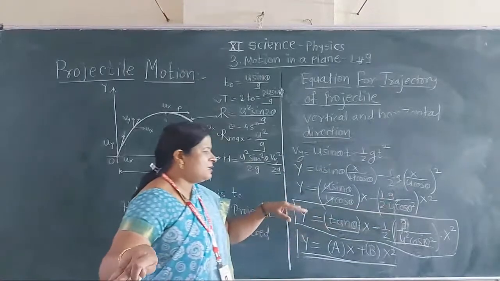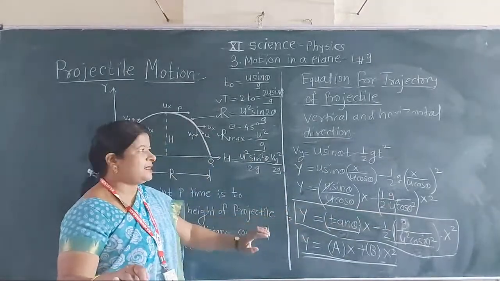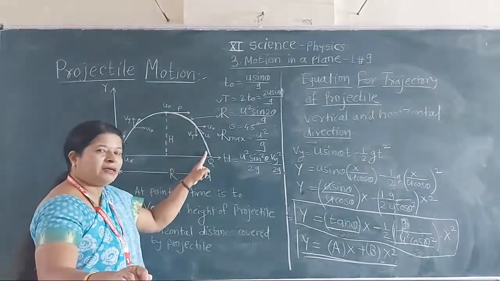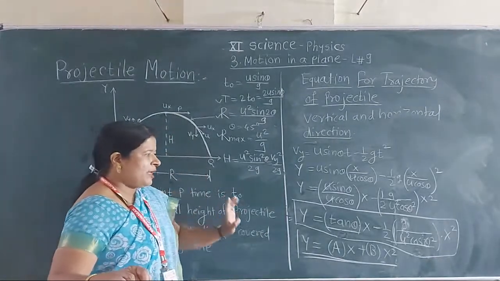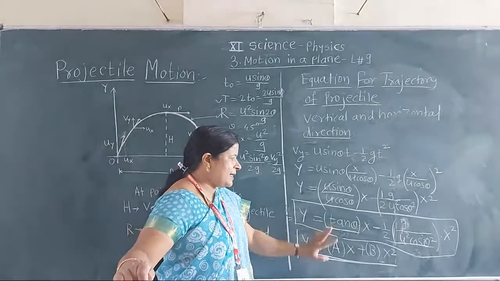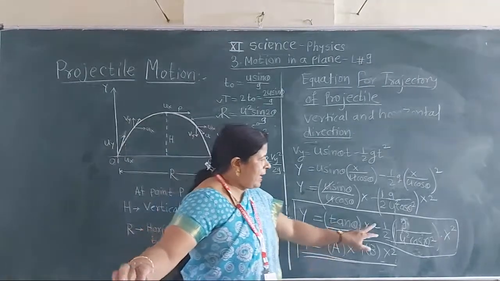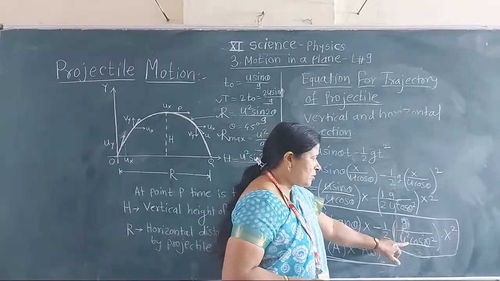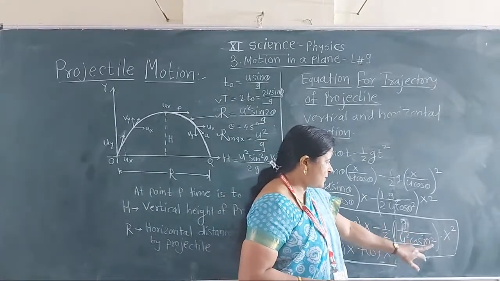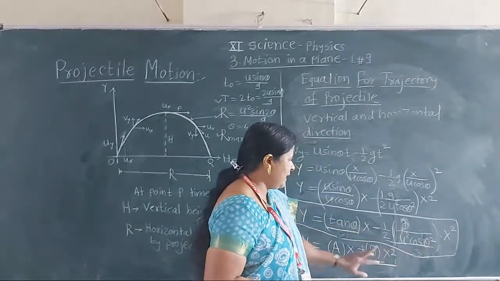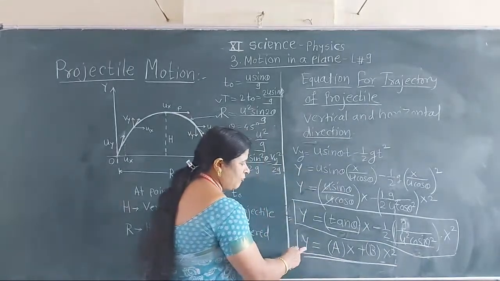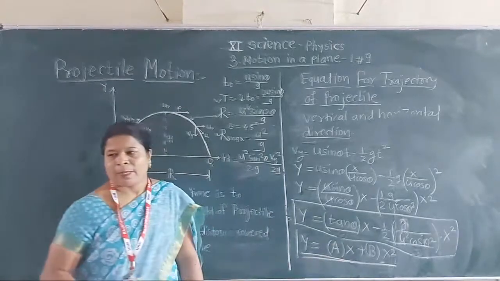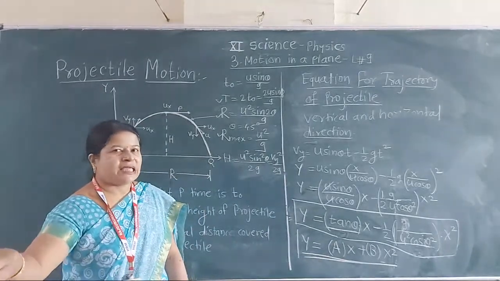This equation we call the trajectory of a projectile, that means total distance covered by that projectile. Now if we substitute tan theta as a and minus 1/2 g divided by u square cos theta square as b, then we get y is equal to ax plus bx square, and this is the equation